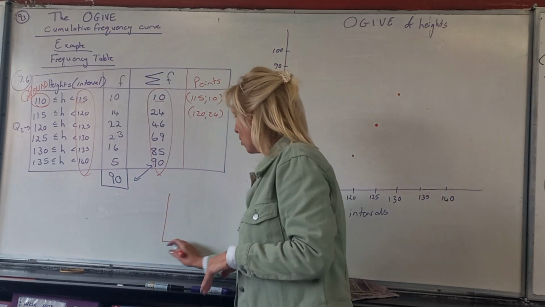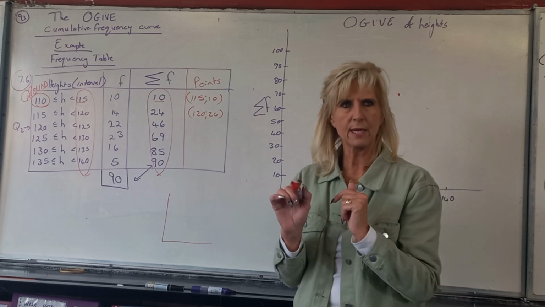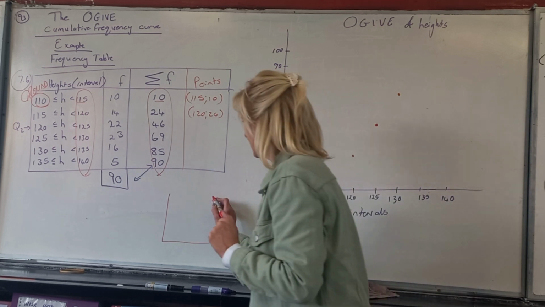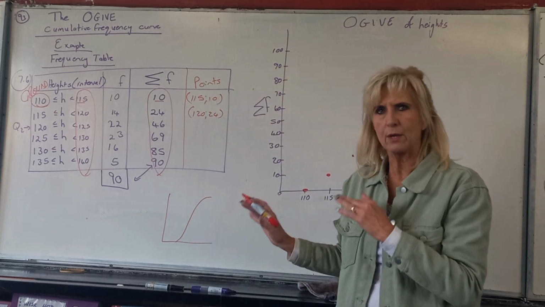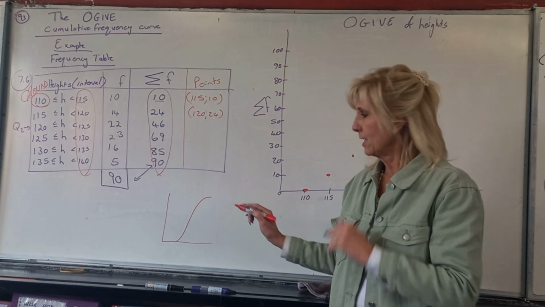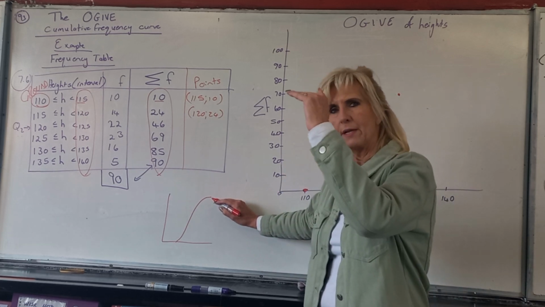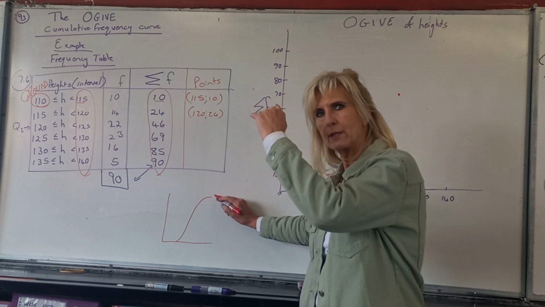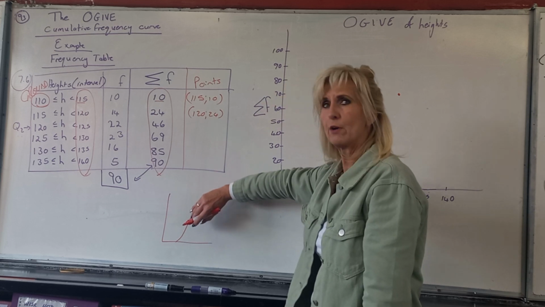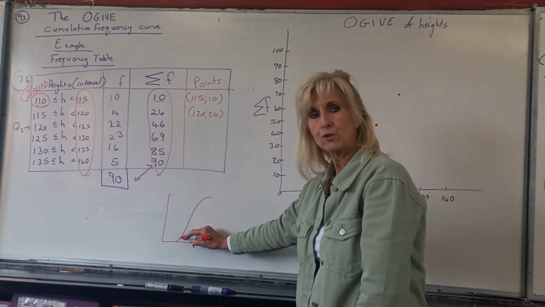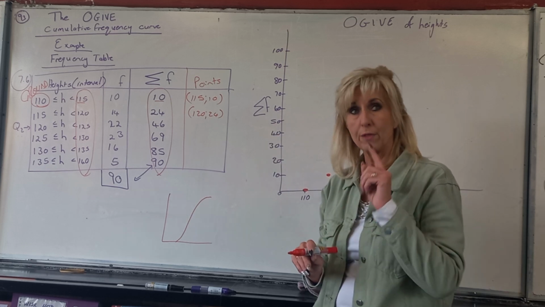An Ogive will always have this floppy S type of thing. What is an S? There's an S, but it's going to be a floppy S. That's generally what an Ogive will look like. You're going to see that it tends to dip off a little bit and flatten off a little bit at the top, and it'll grow and escalate at one stage, maybe with a little bit more of a dip or so on. And you're trying to draw it as fluently and as smoothly as you possibly can without a